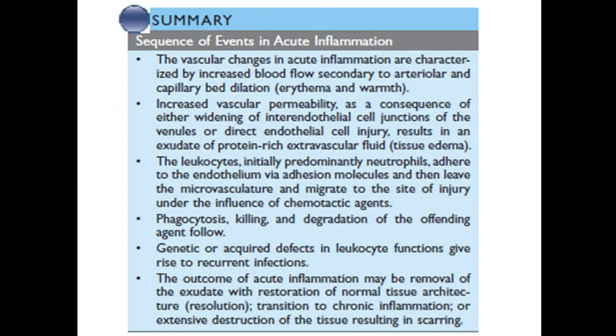Now at the end, we come to summarize the events of acute inflammation. So first are the vascular changes, which include vasodilation and increased permeability. The vasodilation will lead to the cardinal signs of erythema and warmth. Increased permeability will lead to the extravasation of the leukocytes through the interendothelial junctions into the extravascular tissue, where the invading pathogen or dead tissue is lying, and the